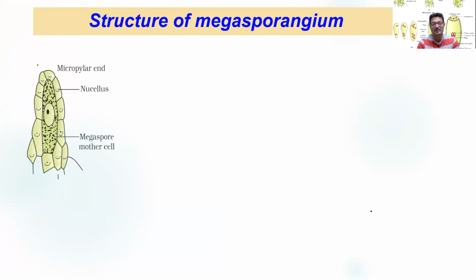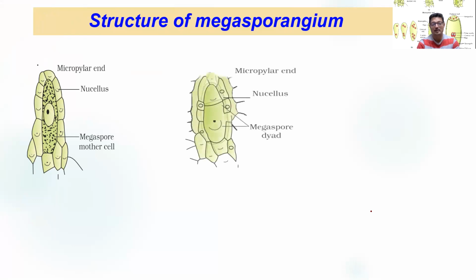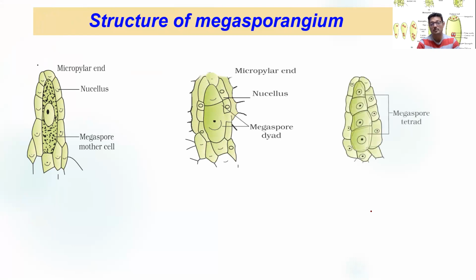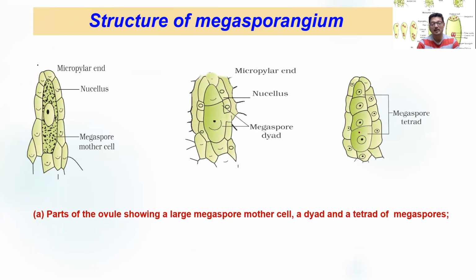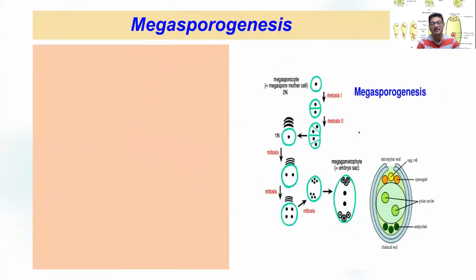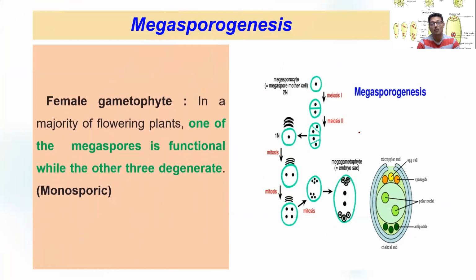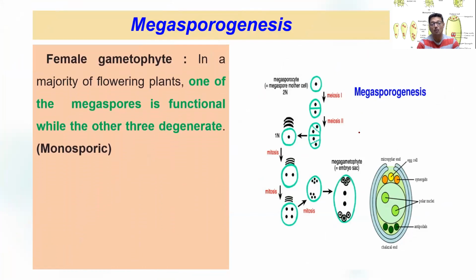What have we discussed? See, in the nucellus, there is a megaspore mother cell. These megaspore mother cells form a dyad. It also forms a tetrad, right? So as a result of meiosis, there are 4 cells being formed. But out of these 4, 3 degenerate. Generally, that's what I'm talking about. Generally, 3 degenerate. And which remains? Only 1 remains. And that 1 megaspore enlarges.